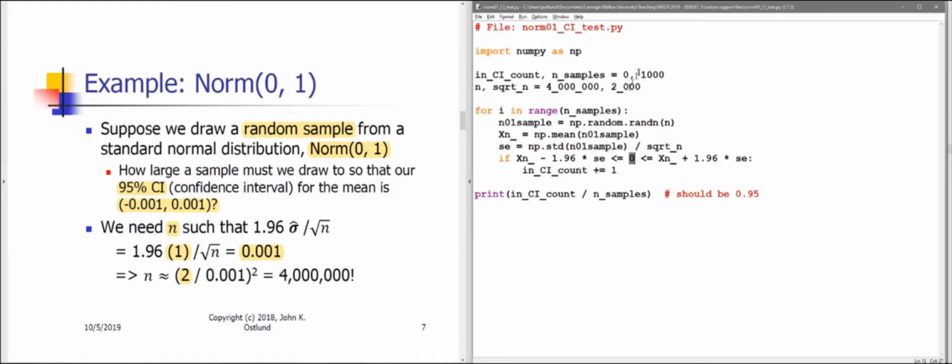We're doing this 1,000 times. Now, 1,000 is arbitrary, and I should be clear that we're not proving anything here. We're just testing things. And the idea here is that the number of times that we do have a confidence interval containing the true mean divided by our 1,000 samples ought to be approximately 0.95. Okay, so if I run this,